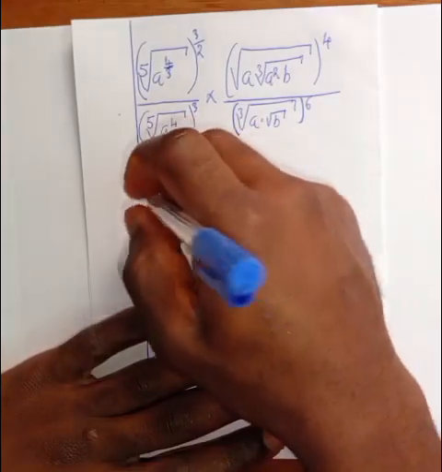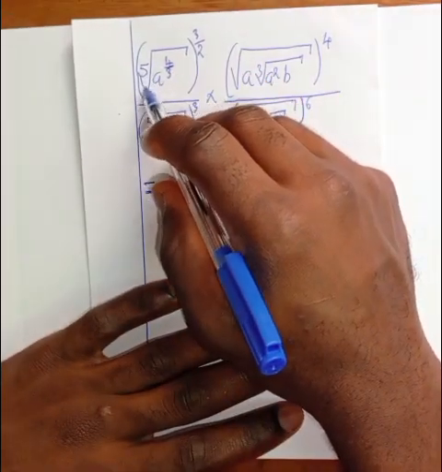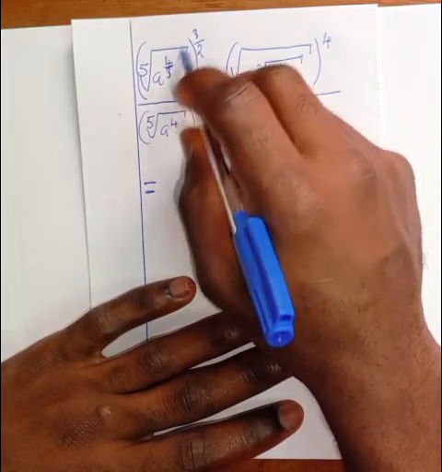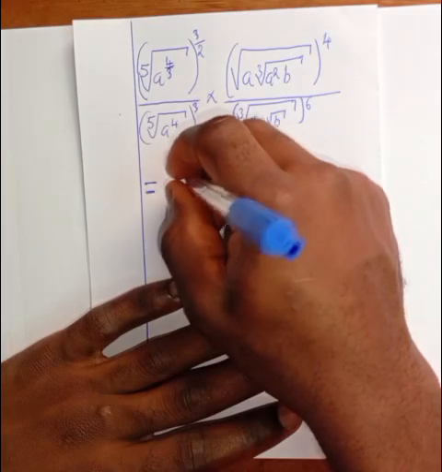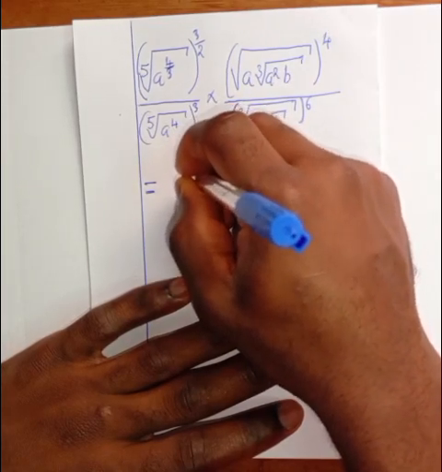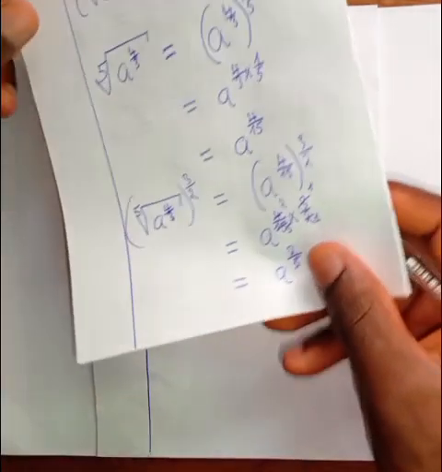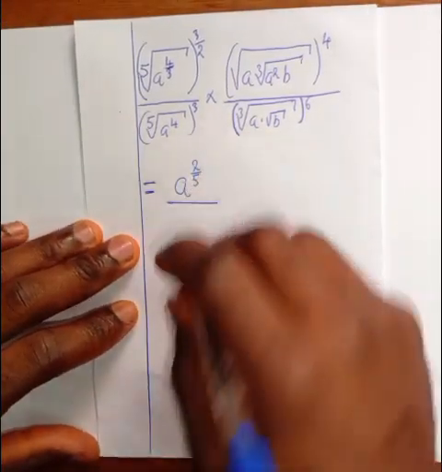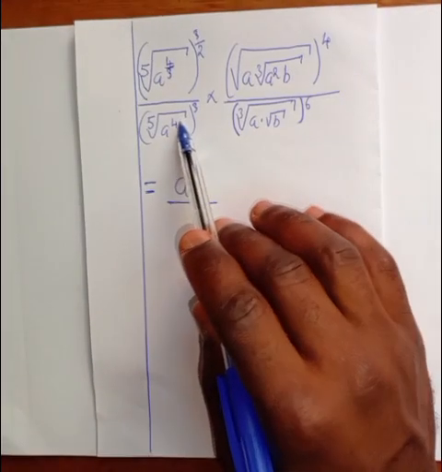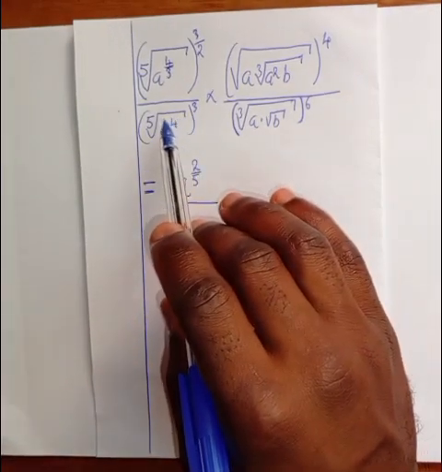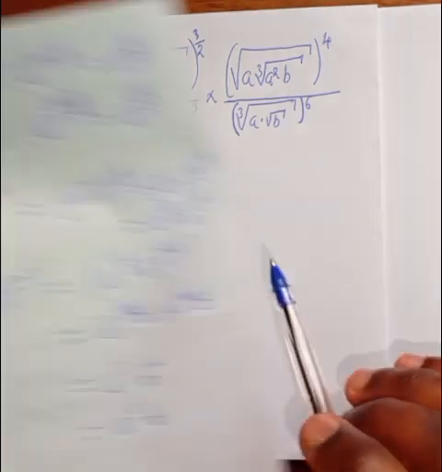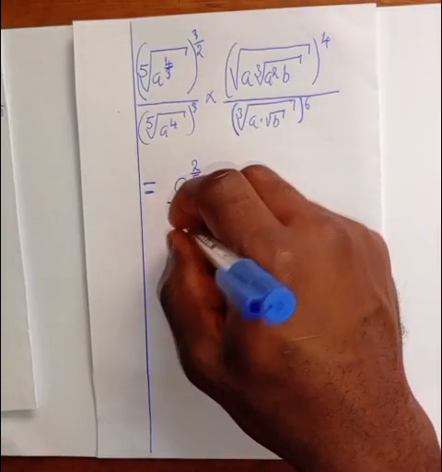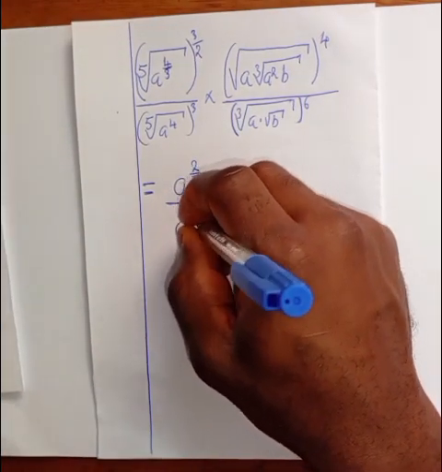This will simply be equal to, we know the fifth root of a raised to the power 4 third, all this raised to the power 3 over 2 is equal to a raised to the power 2 over 5. You can see it. All over the fifth root of a raised to the power 4 all this cube, you know, it is equal to a raised to the power 12 over 5. I'll replace it with a raised to the power 12 on 5